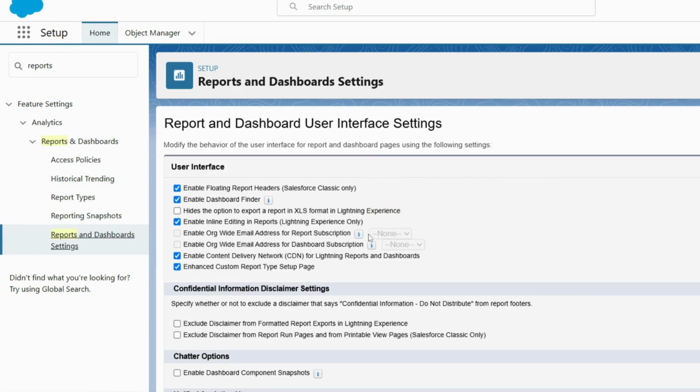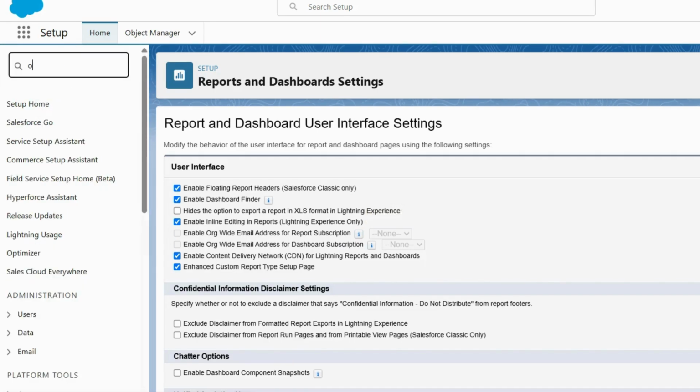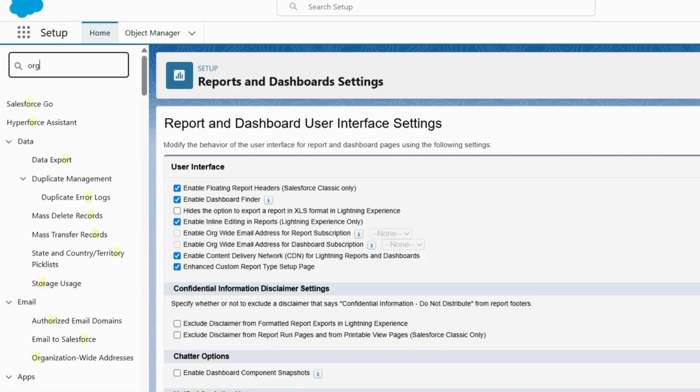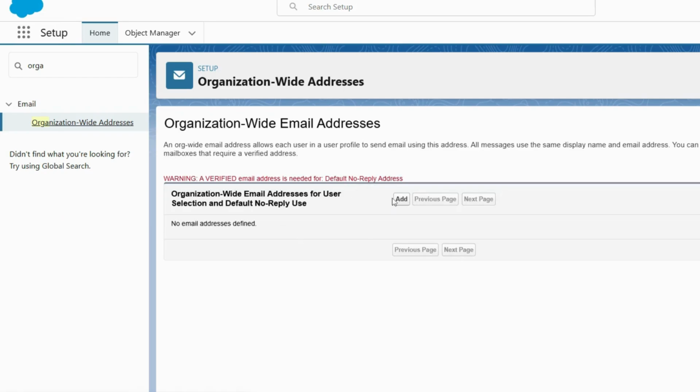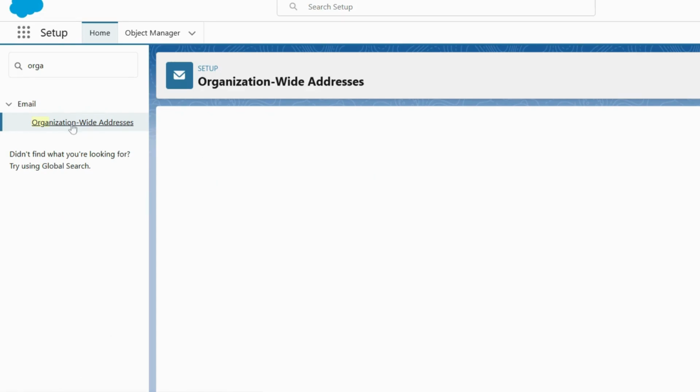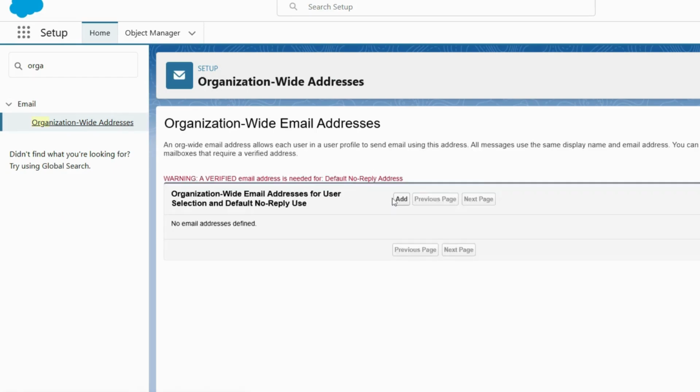As of now, I don't have the option to enable it, because my email address is not set in the org-wide email addresses. We can go and check over here. Let's go to organization-wide addresses. There is no email address set over here, and that is the reason the option is disabled for us.